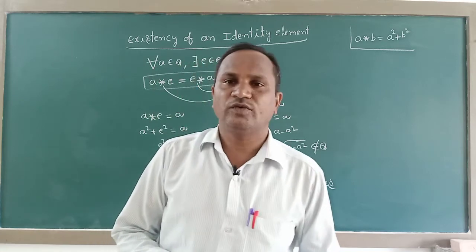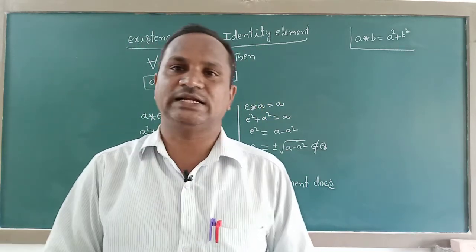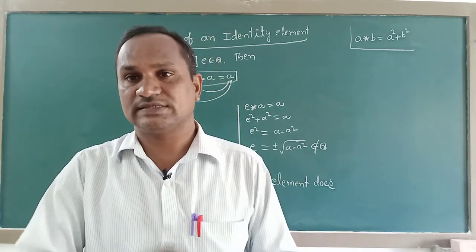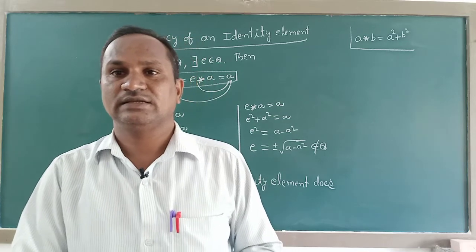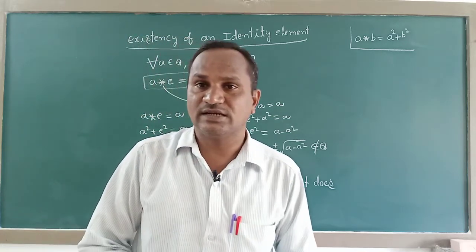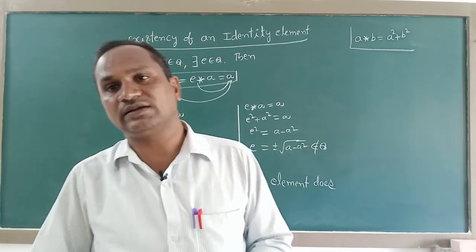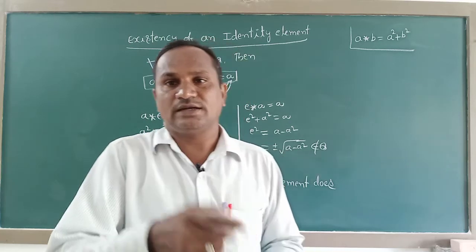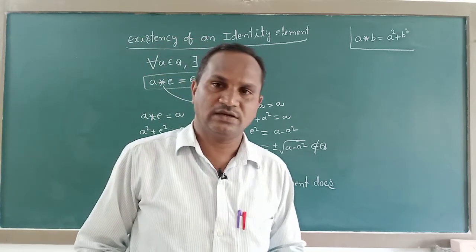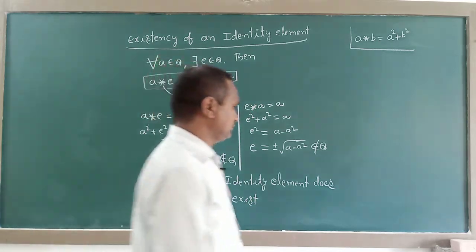That is how we find the identity element value. If you want to get a value for the identity, it should be the same and at the same time unique. Same means we should not get many numbers. Same and unique, then only we can consider a value for E. Whenever you get distinct, that is different values for E, we can say an identity element does not exist. Now let us give answers for other questions.